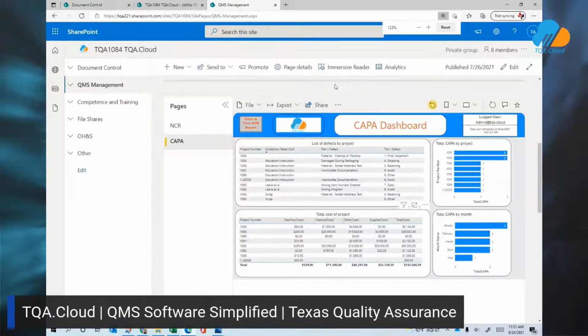So if you're wanting to talk about some of the trend charts and some of the production records and data analysis from it, let's definitely set up a separate time to go into that. Again, those are not features that are built into the deployment of TQA Cloud, but they are available through our digital workplace solutions so that we can get you the exact solution that you're looking for.